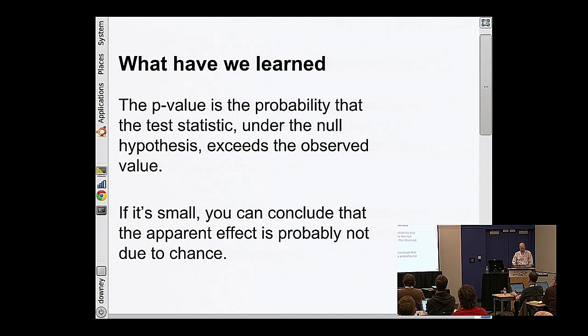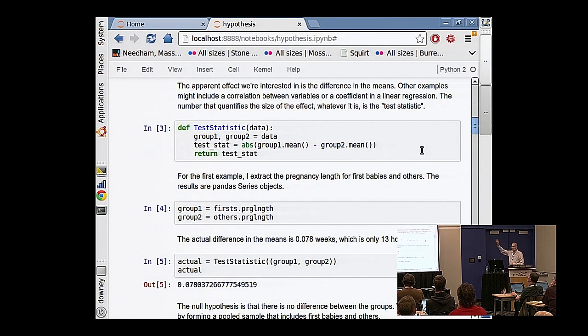I want to go back to the code just to point out a couple of things. So here's the test statistic. If you give me the data, in this case, I'm going to encode the data as a tuple of two groups. So every time you give me these two groups, I'm just going to compute the mean of one, the mean of the other, and the difference is my test statistic. I'm going to run that function once to compute the actual observed effect. So I'm going to run it with the actual data, and then I'm going to run that function 1,000 more times using the simulated data.